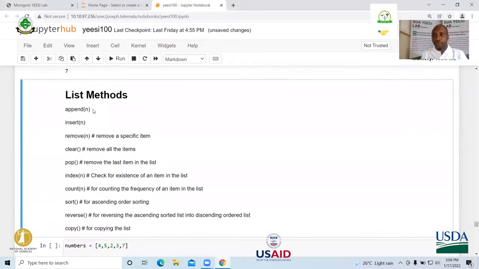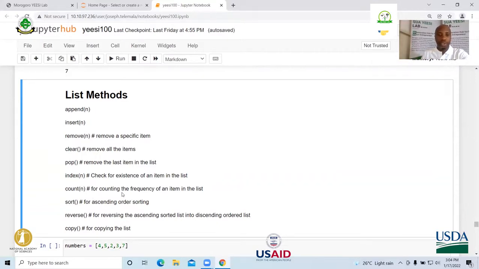So you can append. I'm sure some of you know what appending means: adding an item at the end of the list. Inserting means you're putting it somewhere else. You want to remove, that's specifically known, you want to clear, you want to delete everything, you want to pop. Popping means you're removing the last item in the list. For those who did data structures at some point, I'm sure you can remember these terminologies. We're not going to go into the details of data structures, but you can remember this popping, indexing. You're just checking the existence of an item in the list. You want to count,